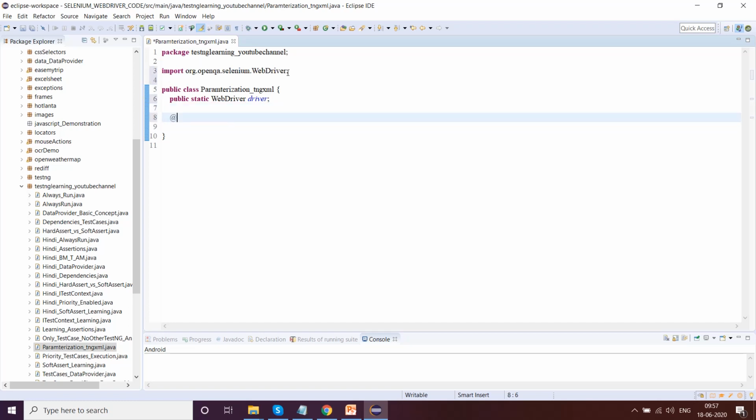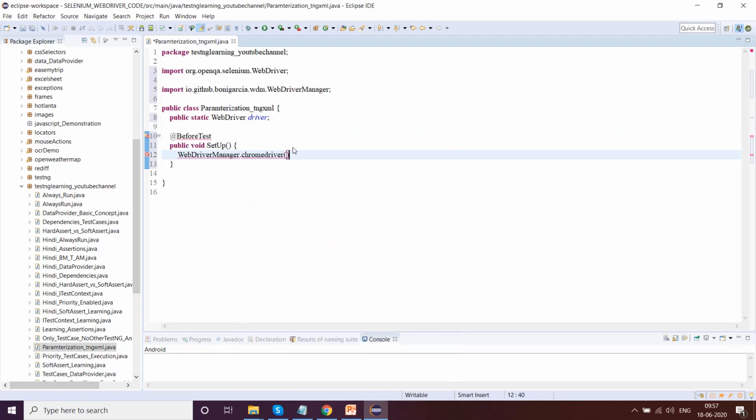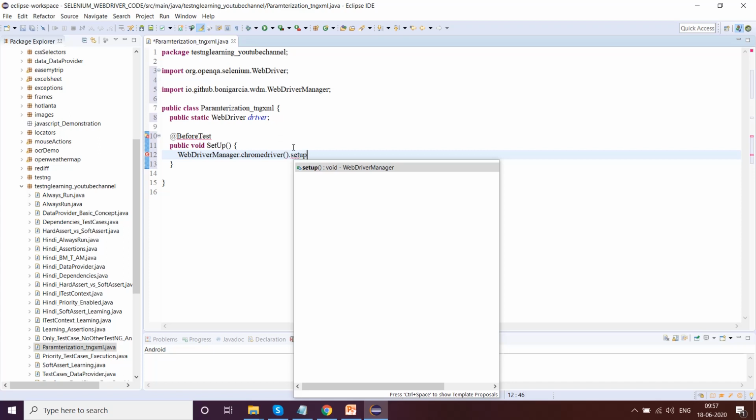Okay, so I'll introduce a before test. So public void setup. I'll write the code as fast as I can. Okay, and we will have our WebDriver manager code here. WebDriverManager.chromedriver().setup.